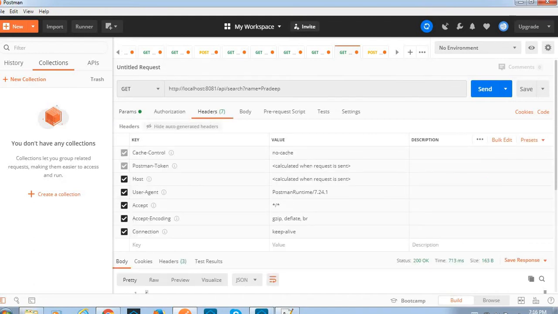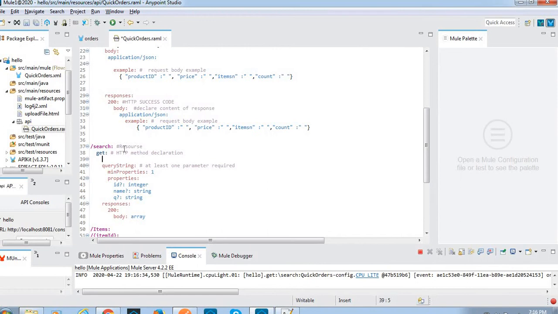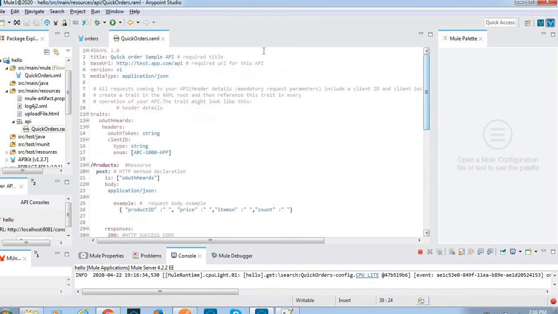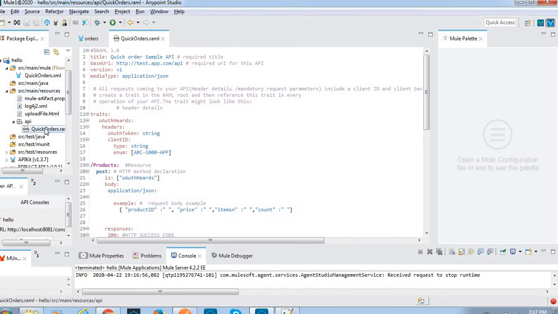See, let me add the auth headers for search also. Now what we have to do is stop the server, and we have changed the RAML, right? Again we have to generate the API kit router.